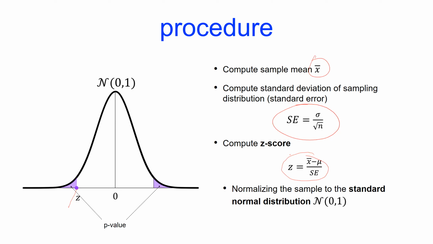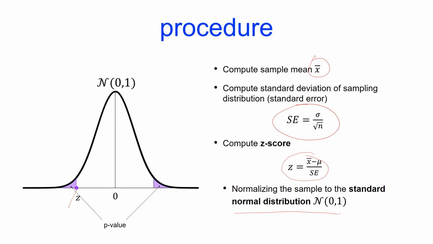I take x bar, take away the population mean, and then divide by the standard error. As I mentioned last time, the purpose is to normalize our Gaussian into a standard normal Gaussian,